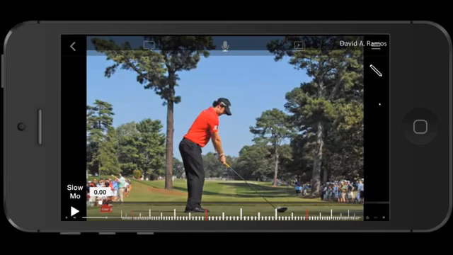In order to change the speed, just tap where it says slow motion, and you get different variances of speed depending on how fast you want it to play back. So I'll tap 1/2 speed,